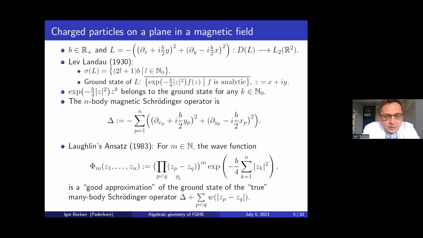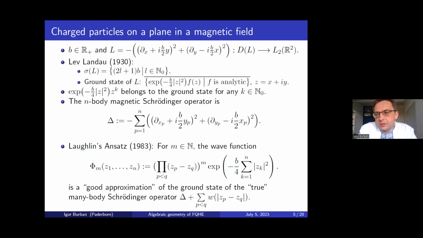We have some prefactor, which is holomorphic. If m is odd, it's also antisymmetric, and it's important if we speak about electrons, because they have to satisfy fermionic statistics. And this function phi is an element in the ground state of my n-body magnetic Schrödinger operator without interactions. But now if I have interactions, and let's say they're described by some potential W,